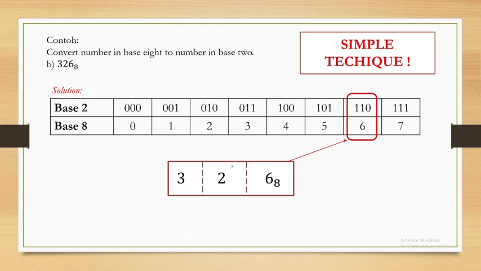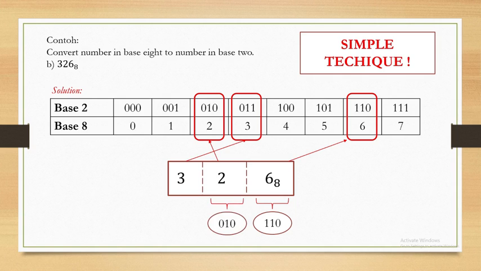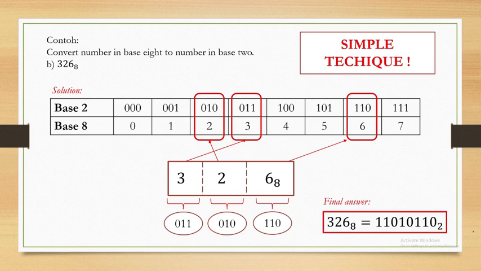Then the second digit is the 2. Where is 2? Here. We're gonna circle this, and then 3, circle here. So the number for here is 1 1 0, and this one is 0 1 0. For this digit is 0 1 1. Then we combine all these digits to form the final answer, which is 1 1 0 1 0 1 1